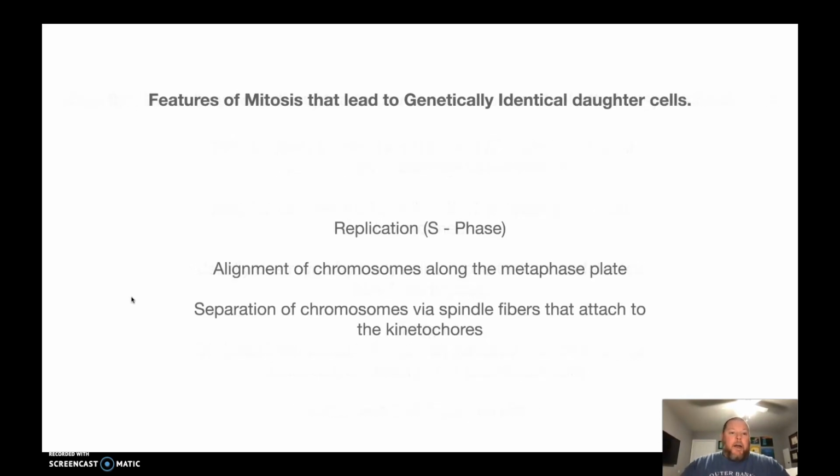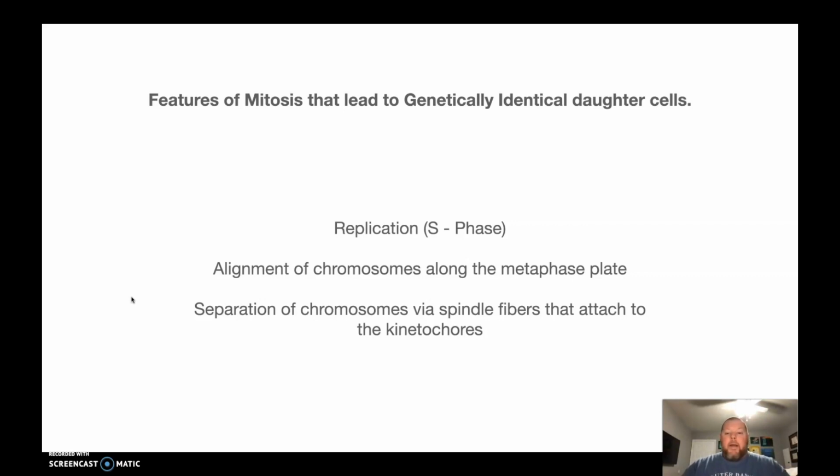All right, so the features of mitosis that lead to genetically identical daughter cells. So we have replication, which again takes place during the S phase. And so that's when our 2n number actually increases to a 4n number for a brief period of time. We have the alignment of the chromosomes along the metaphase plate. So all of those sister chromatids connected at the centromere, they're going to line up one chromosome on top of